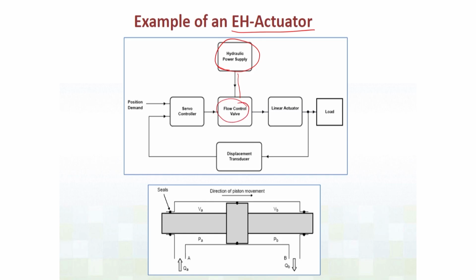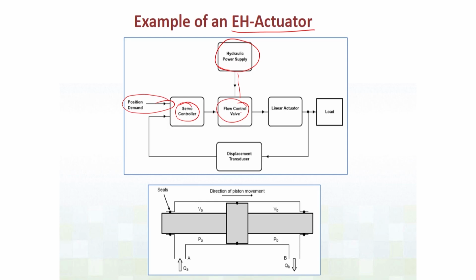The flow control allows the power to come into the main system, and let us say if you allow the flow to come, who decides that? That is decided by a servo controller. So, servo controller, what does it know? It only knows what is the demand position. If the demand position is such that you need to have force, then servo controller will open up the flow